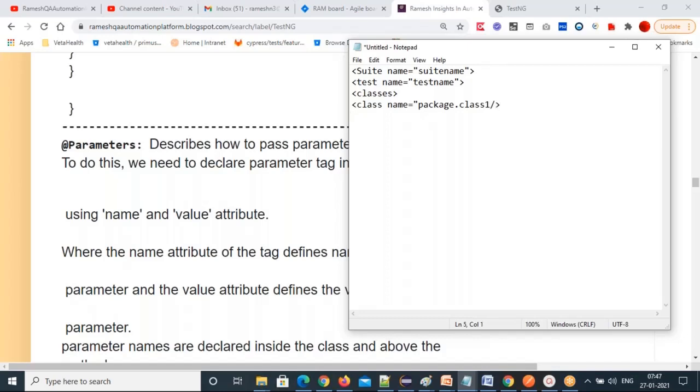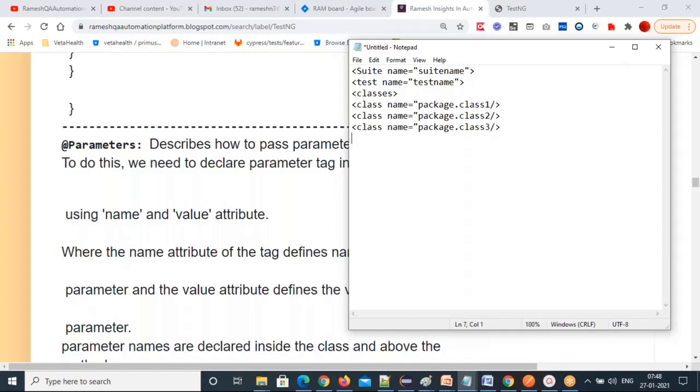So class is ending. Second class tag, class name equal to package name dot class 2. Class tag is ending. Third class tag, name attribute equal to package dot class 3, then enter.